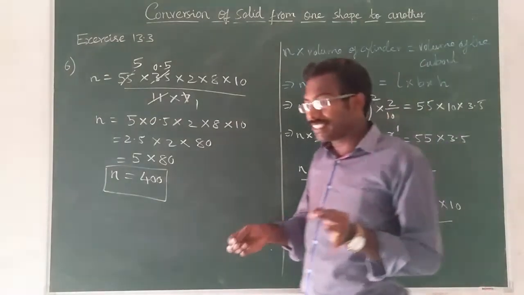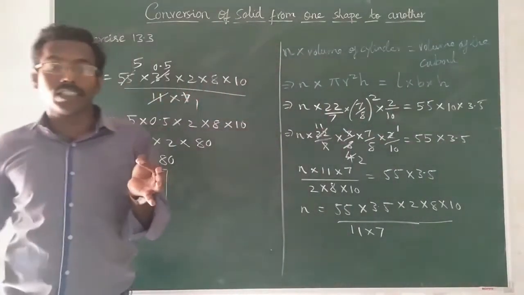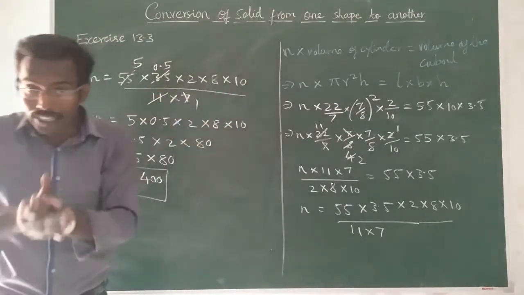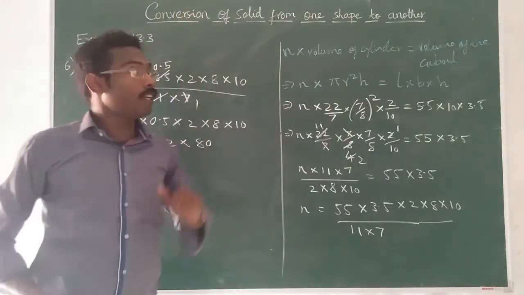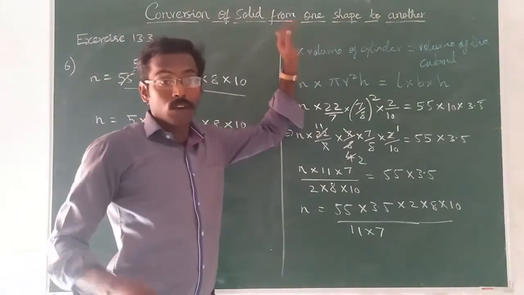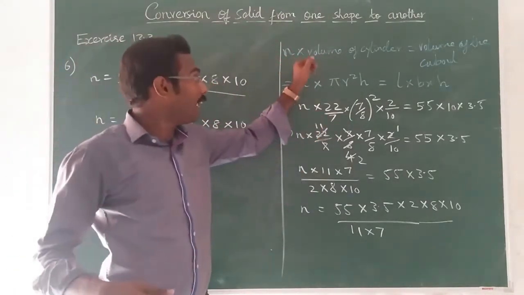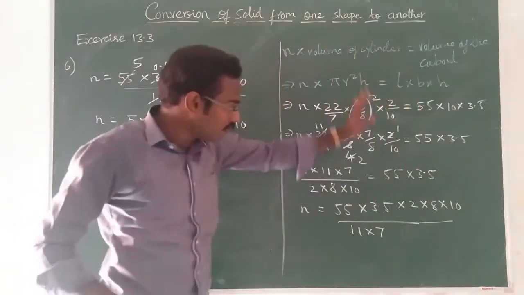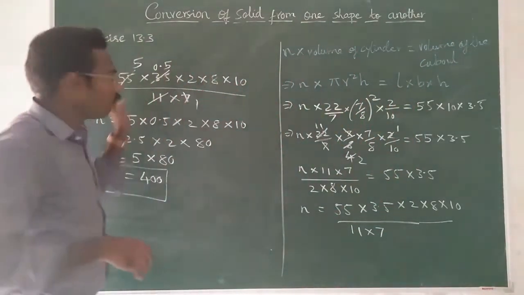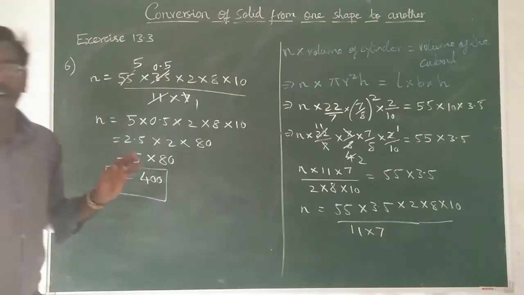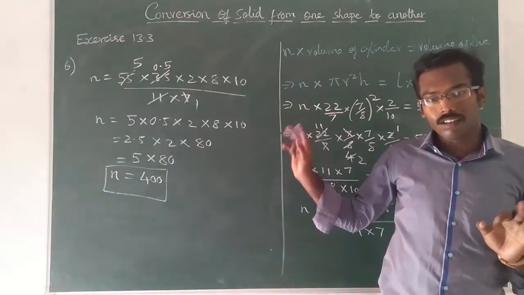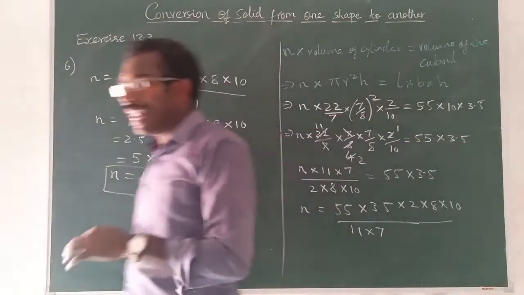Okay. So actually in this sum, certain number of coins, you have to find how many coins. Certain number of silver coins are melted to form a cuboid shape. So we took the formula n into coin shape is cylinder. So n into volume of cylinder equal to volume of the cuboid. Then we apply the values and we found the value of n. Is it clear? Okay, this is how you have to do the sixth sum. This is one of the important sum. Okay, so now let's move on to the next sum.